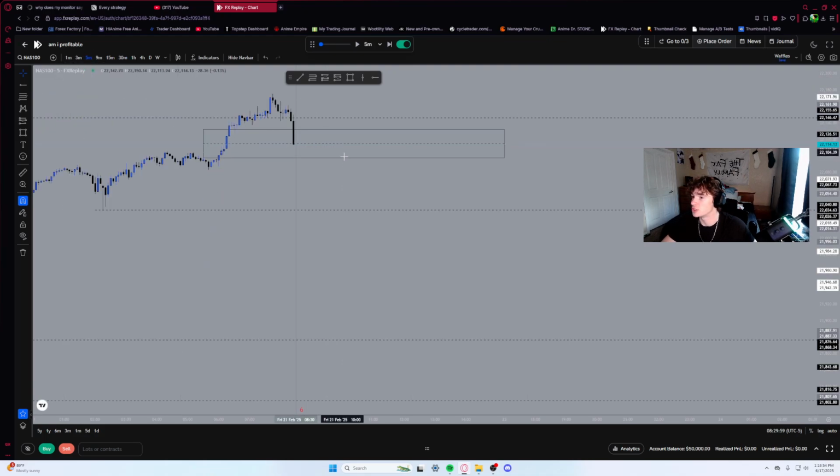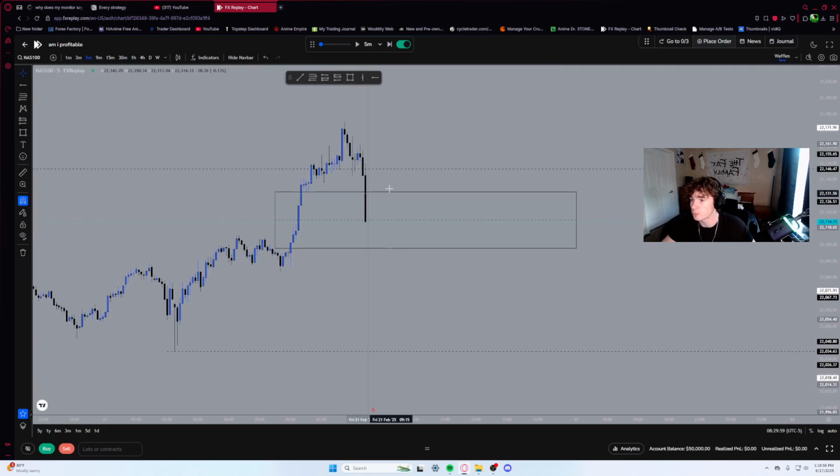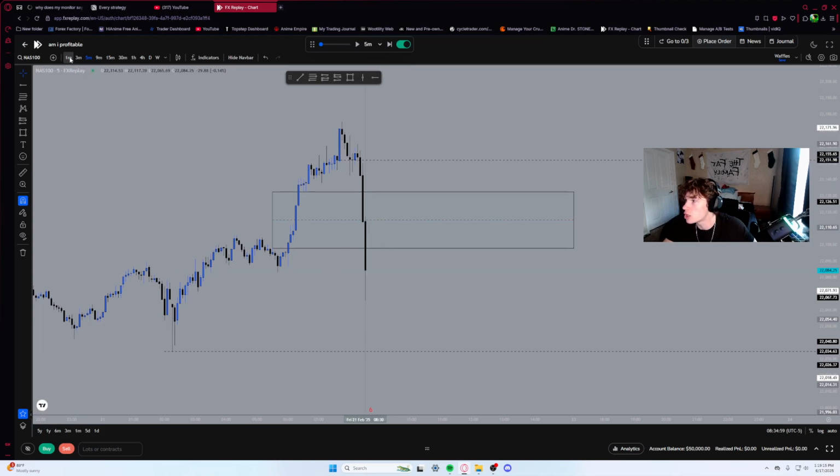Cool, let's go to the 5 minute. Should be a bearish move. I want to look for a retracement back up to this area right here, this low probability order block. It's inside a high probability order block and a breaker block. I want to see it. I will enter right here at this line. Take off this line now. No. Go back up.